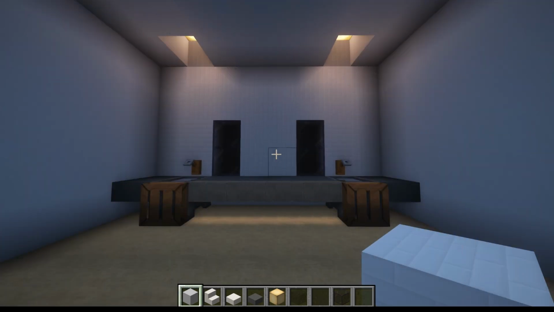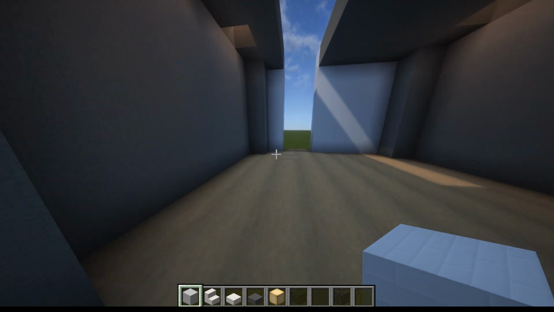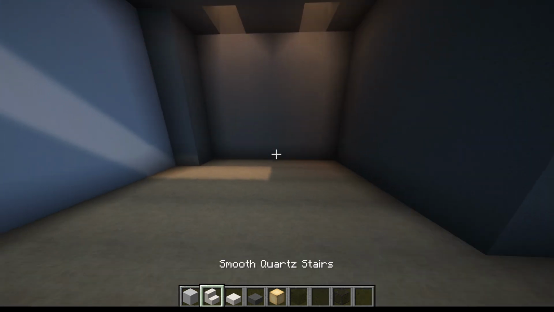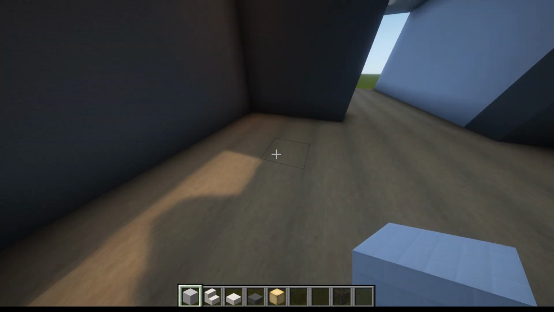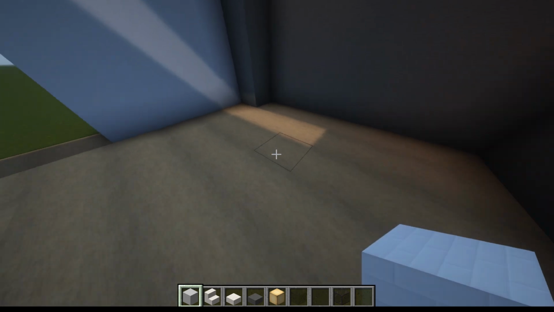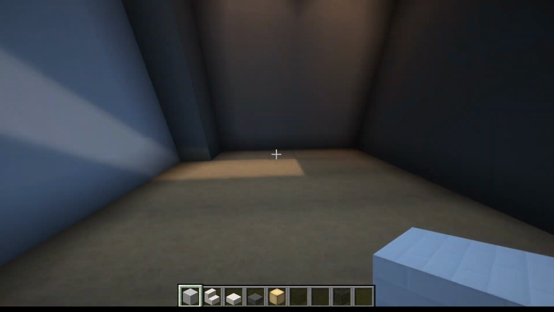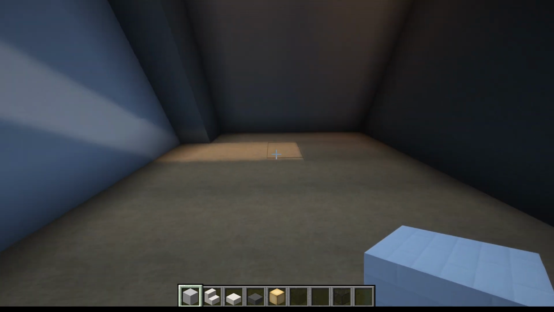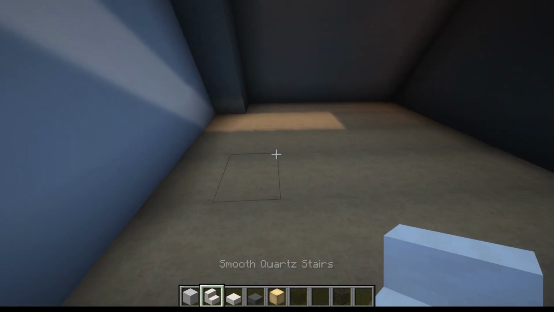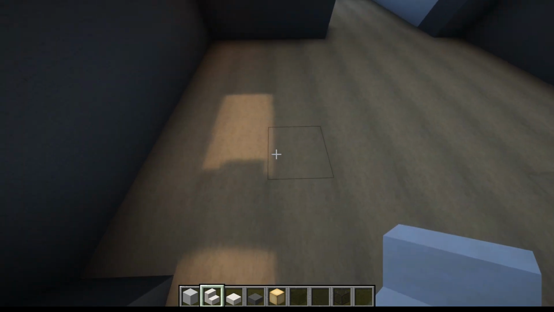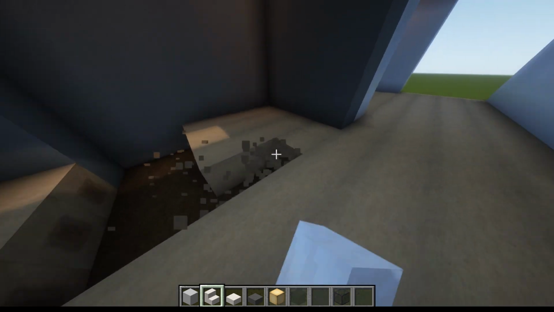Alright, so now that we've done the sink section of the bathroom, we're going to be moving on to the showers section. So in this area of the bathroom, you want to get yourself the white glazed terracotta, and where the floor is at the moment, we're going to be removing this section of this bathroom, and we're going to be replacing it with white glazed terracotta and the quartz stairs. So we're just going to be removing, just follow along. So we're going to be removing 1, 2, 3, 4, and just remove all of this section